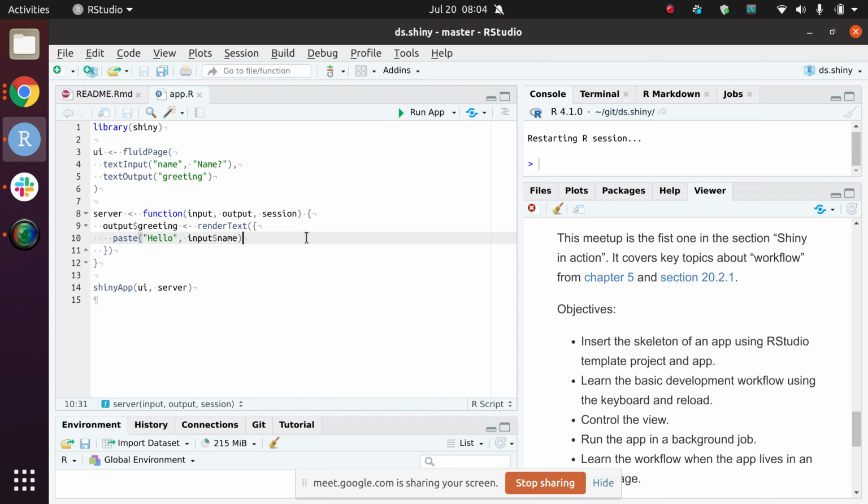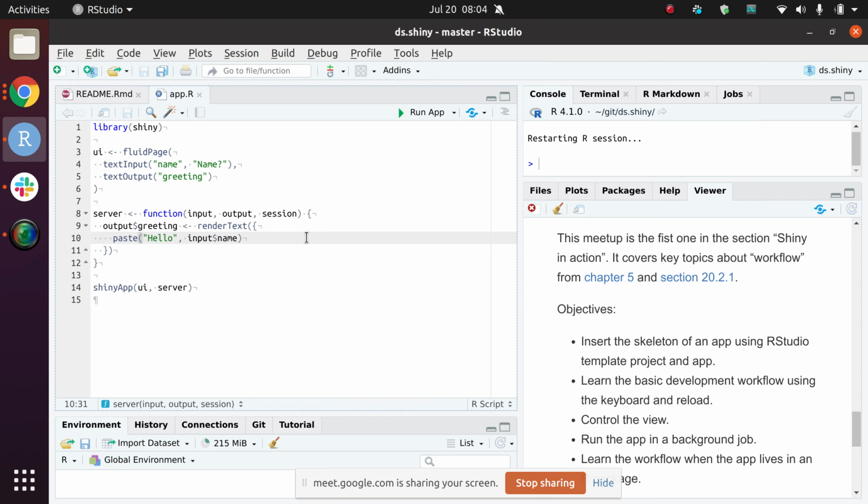And the topics that we're going to be covering today come mostly from chapter 5 of Mastering Shiny, although that chapter includes some topics about debugging and reprexes that we are not going to be talking about today. We're going to reserve those topics for another meetup. And then the idea of workflow is also covered in chapter 20, but in more depth. Not sure if we're going to get to that, but if we do, then we're going to be covering only